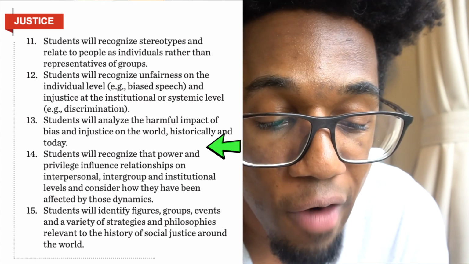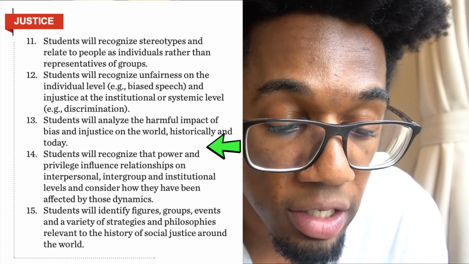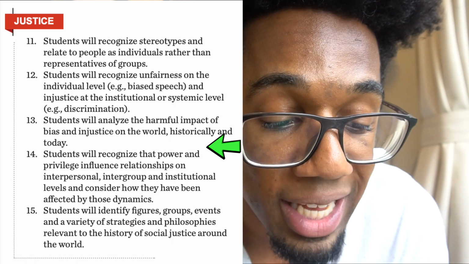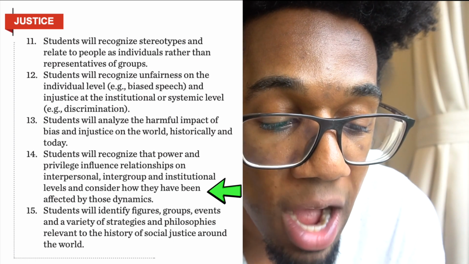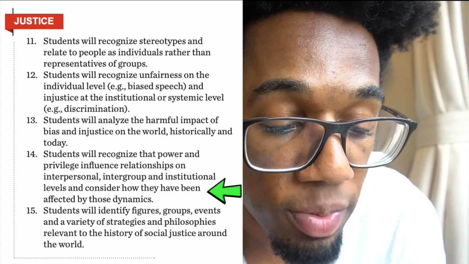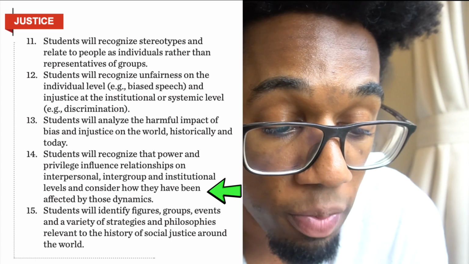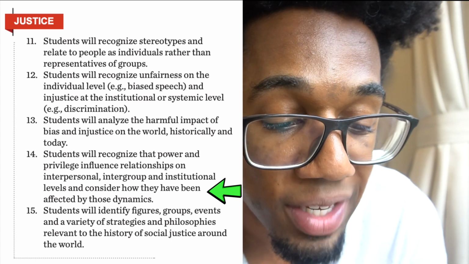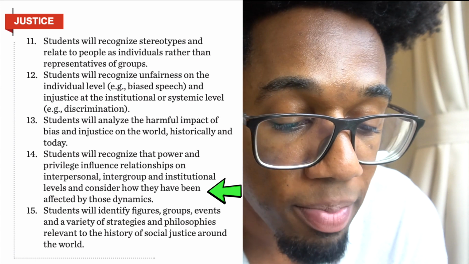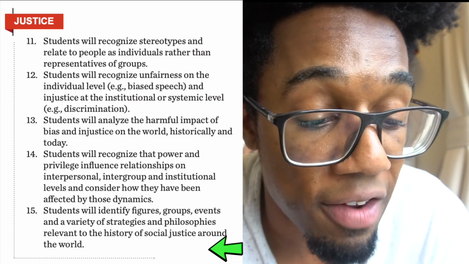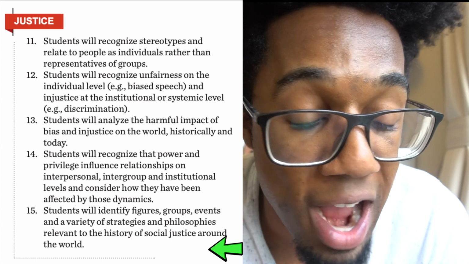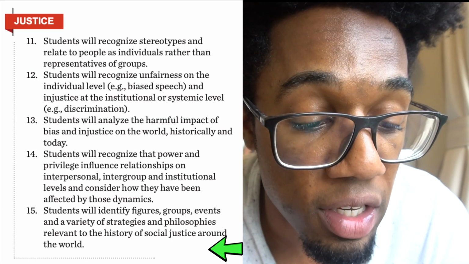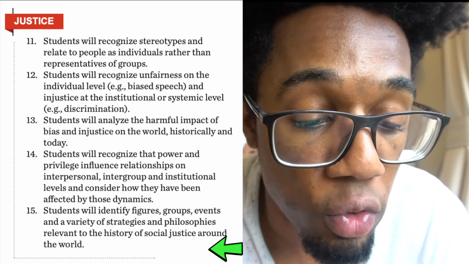Students will analyze the harmful impact of bias and injustice on the world, historically and today. Students will recognize that power and privilege influence relationships on interpersonal, intergroup, and institutional levels and consider how they have been affected by those dynamics. Students will identify figures, groups, events, and a variety of strategies and philosophies relevant to the history of social justice